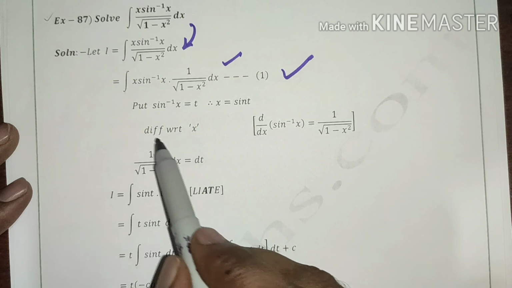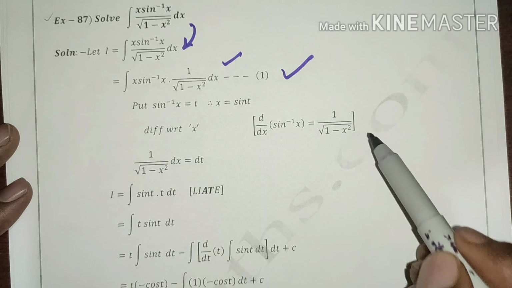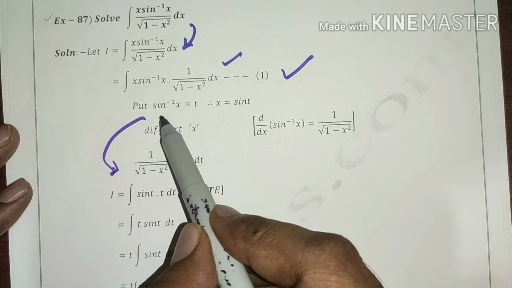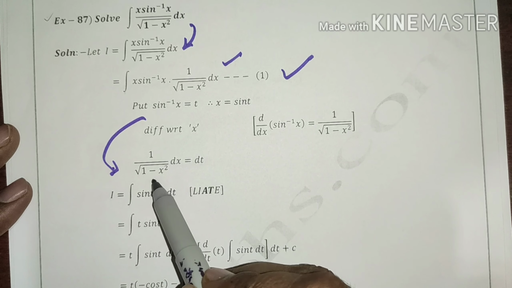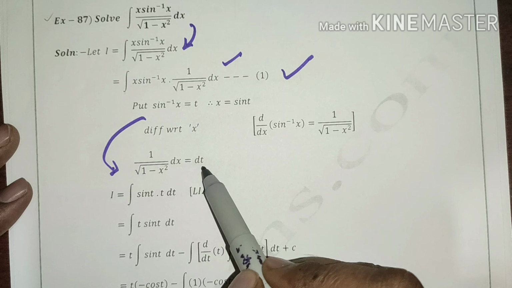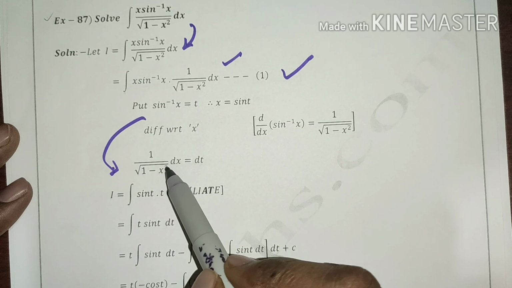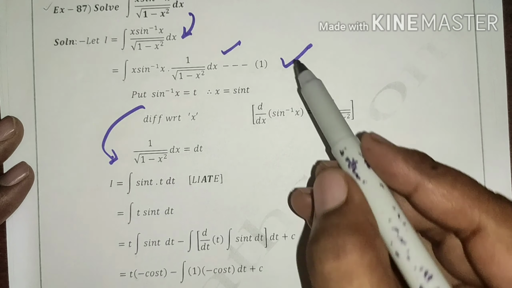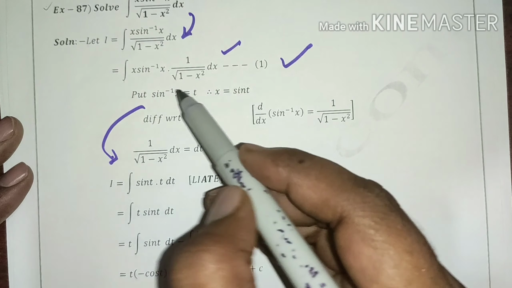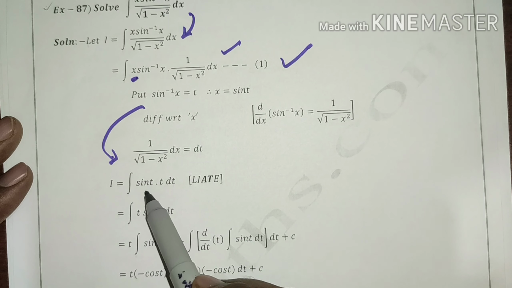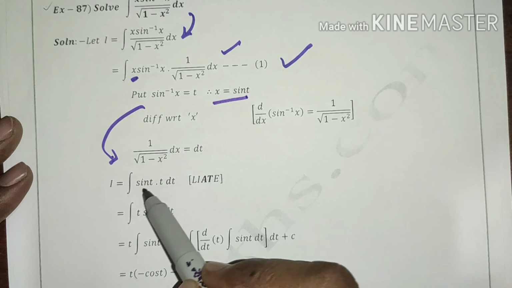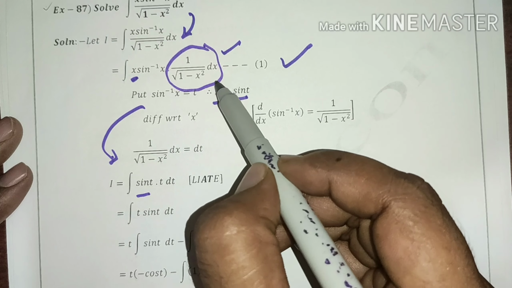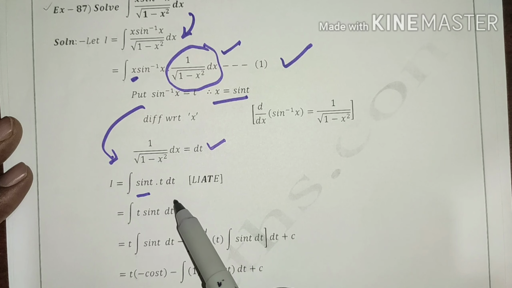Differentiation: we know that the derivative of sin inverse x is 1 upon root 1 minus x square, and the derivative of t is dt by dx. But we take dx on the left side, which is in multiplication with that dx. So our example first changes like that. This x is sin t from there. Here x is sin t, and this total term 1 upon root 1 minus x square dx is dt. So we write dt there.